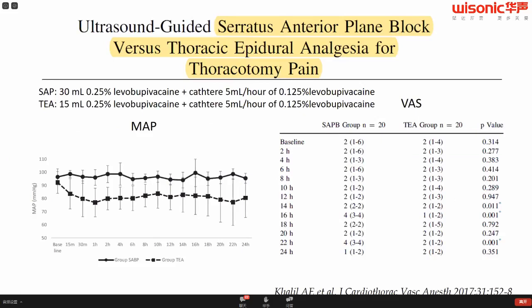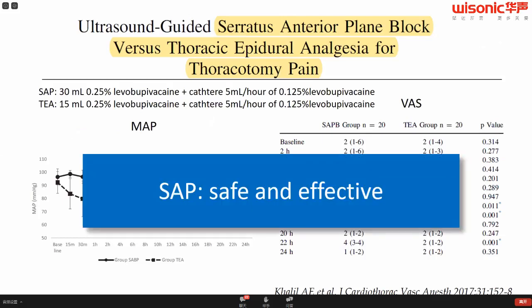And finally, in this study, where the serratus anterior plane block was compared with a thoracic epidural analgesia for thoracotomy pain, it could be demonstrated that the hemodynamic profile was more stable in the serratus anterior plane block. These are the rounded circles, and the pain scores are similar for both groups. So the conclusion from the study was that the serratus anterior plane block was safe and effective in treating thoracotomy